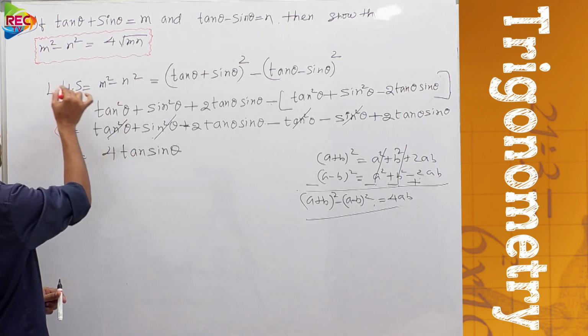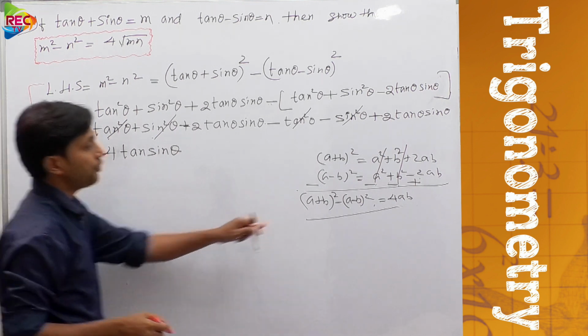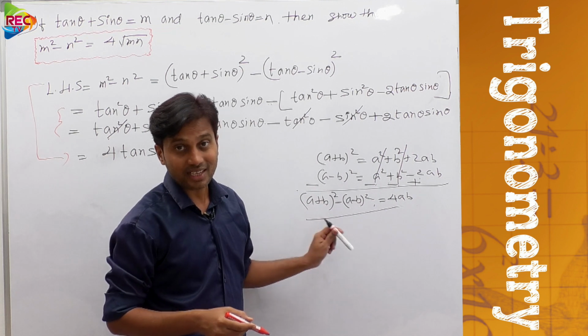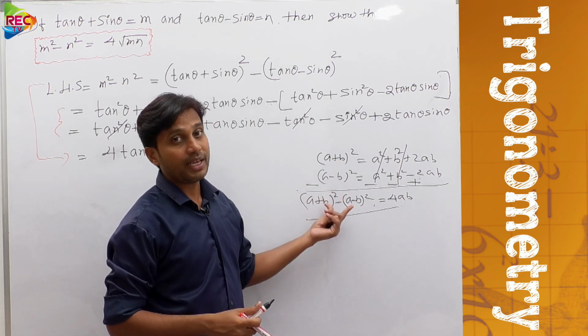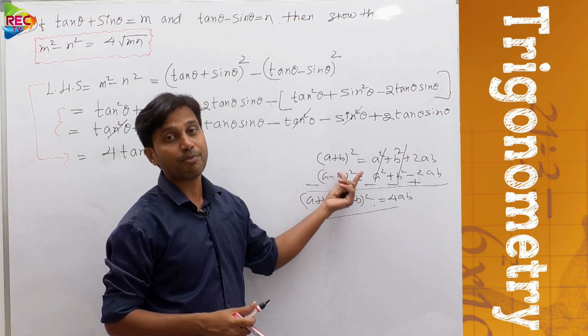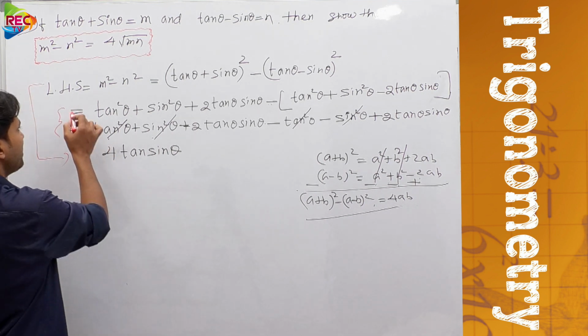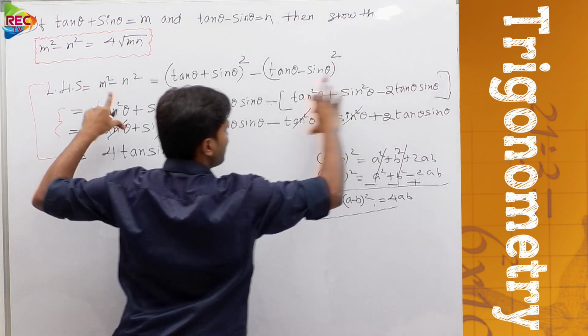So directly from here to here you can put the step if you are aware of this special product or this algebraic identity. Understood? What happens when (a minus b) whole square is subtracted from (a plus b) whole square? If you know this, simply you can do this problem. You can skip this lengthy step. See, you know how lengthy it is. You don't need to put this lengthy step here.